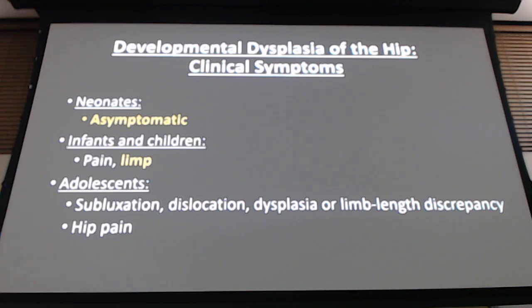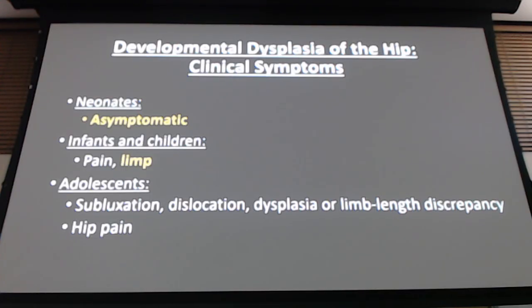This is your first introduction to the fact that when you get a question on PANTS, pause for effect, and it tells you limp, keep reading. Don't just pick one of them, because usually they'll give you all the ones I'm going to talk about, and then they'll give you some component in the question that tells you it's definitely this one and not that one. Make sense? Limp is non-specific and not sensitive for any one of these conditions I'm going to talk about. But it's present with this too. In adolescence, if not diagnosed or not appropriately treated,